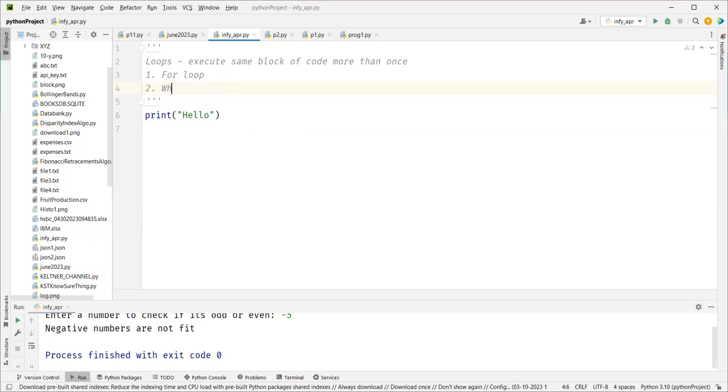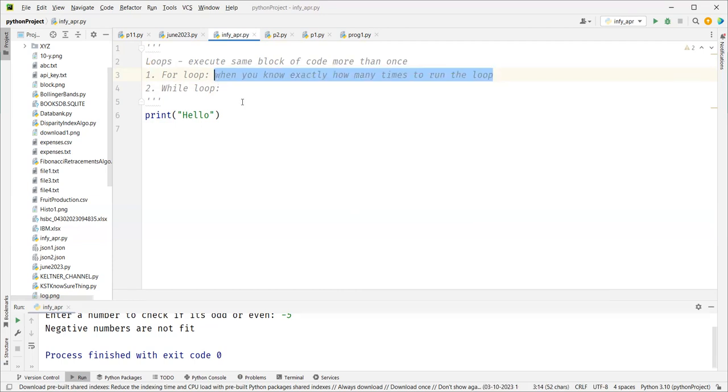The for loop is used when you know exactly how many times you want to repeat. Now a while loop